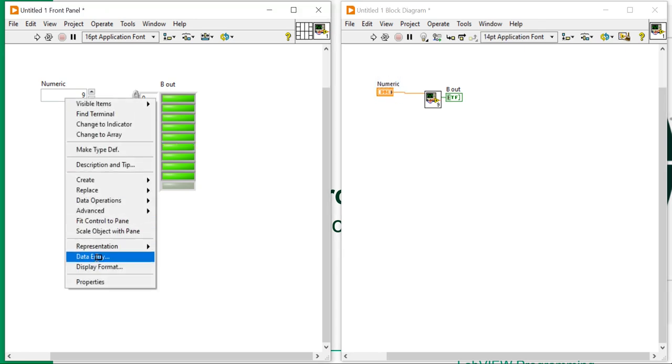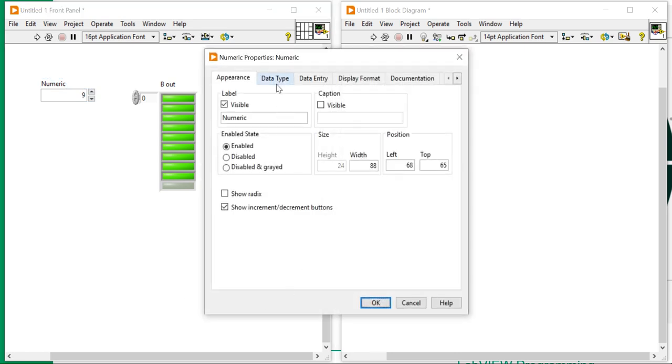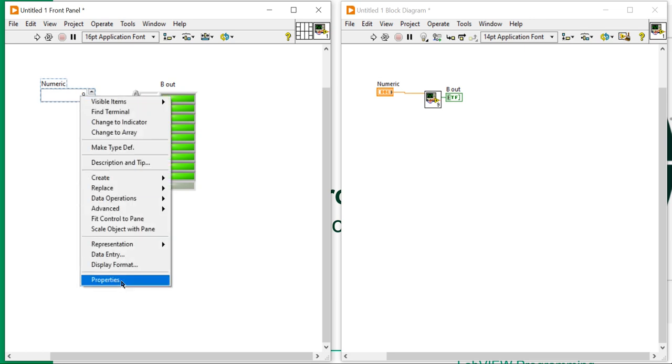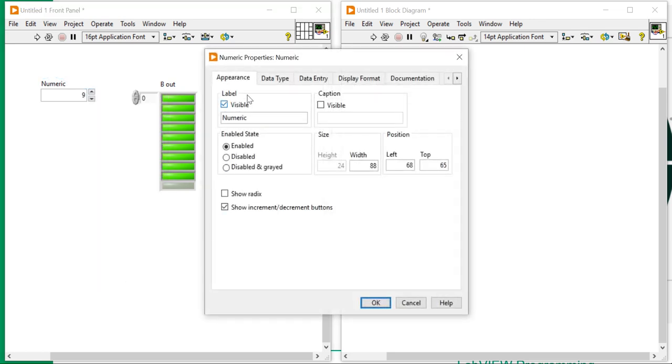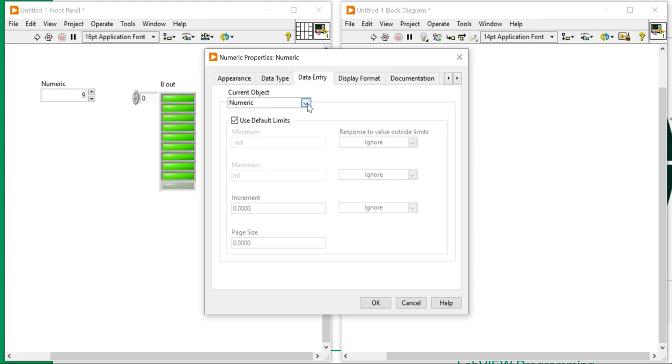For that, you come here to the properties. You have to right click and choose properties. When you open the properties, you will get this. Here: appearance, data type, data entry. In numerics, use default data. No, I don't want to use default data. I want to take the minimum number 0, and the maximum number I want to give 9,